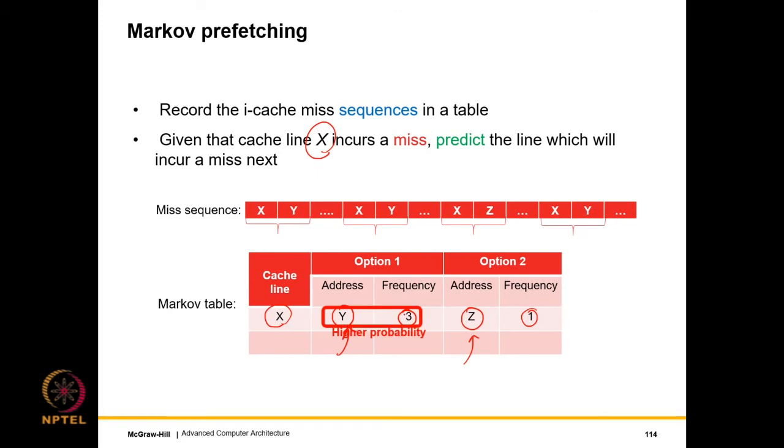Right, so I have a rectangle around the higher probability miss, which is to y, that has the higher probability in this case. But again, these counts will saturate, so we need to periodically decrement them. We have seen a similar pattern in other chapters and sections as well. So this is what is going to be used here also.